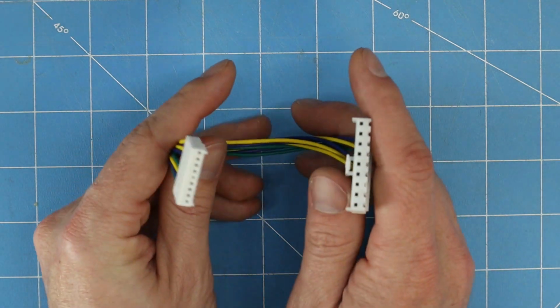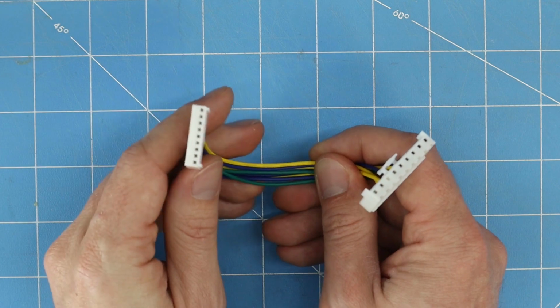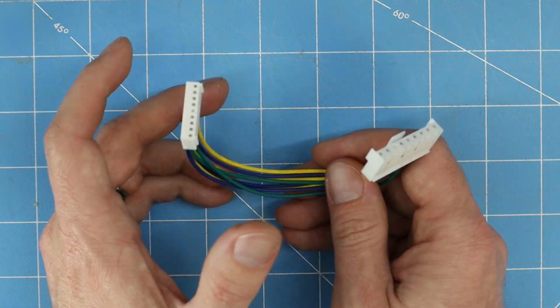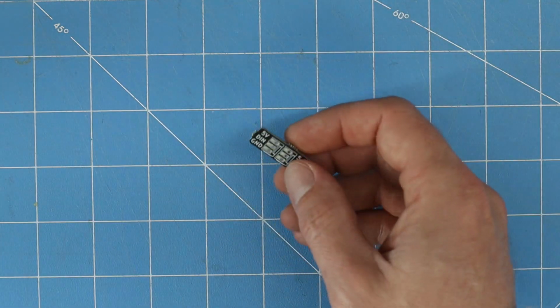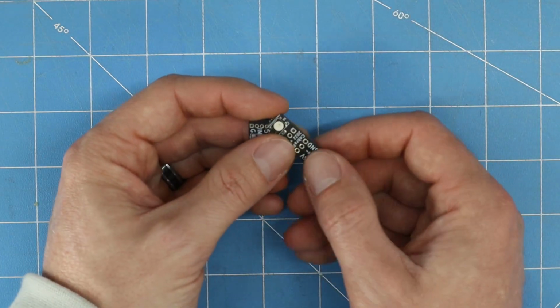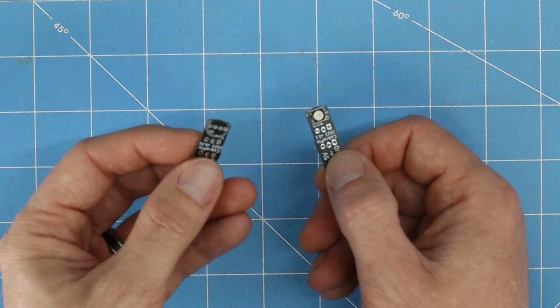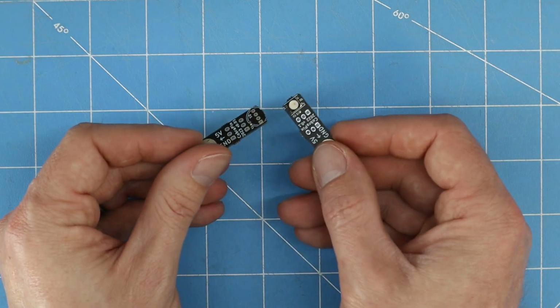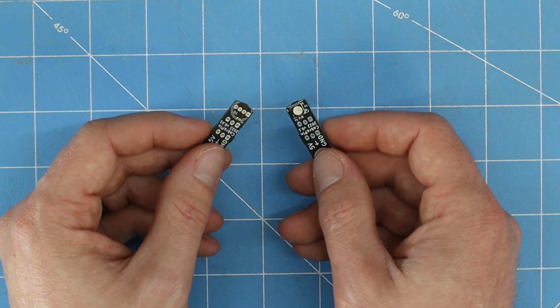All right, so now you know how to work with the JST VH and the KF2510 that are used on the CobraPin boards. But what about the boards that don't have connectors on them already? So these would be like the LED insert boards or the GI boards. These don't have connectors on them. You don't have to use connectors, you can directly wire these, but if you so choose, you can add connectors,